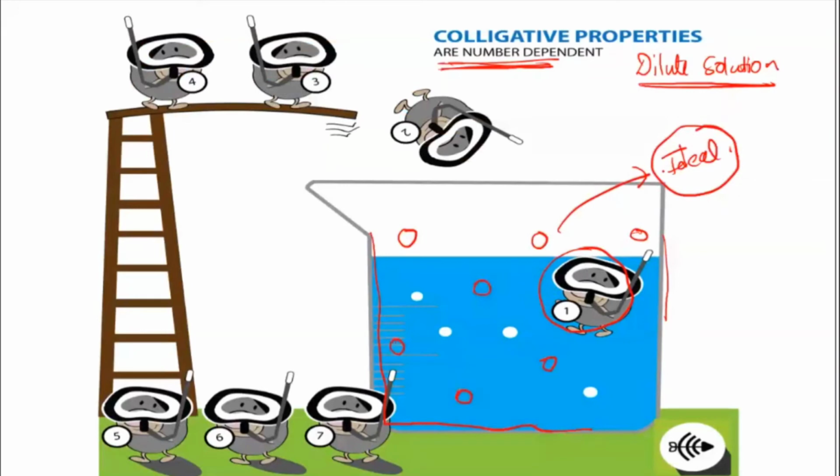And you remember that Raoult's law we can apply only for ideal solutions, correct? So even here we are going to take those kinds of solutions only. Only on dilute solutions can we apply this colligative property. Why is it applicable? Because in the dilute solution, your solute particles are very far from one another and there is not much interaction. When there is less interaction, they behave more like an ideal solution. Whatever heat changes or volume changes happen are almost negligible in ideal condition.